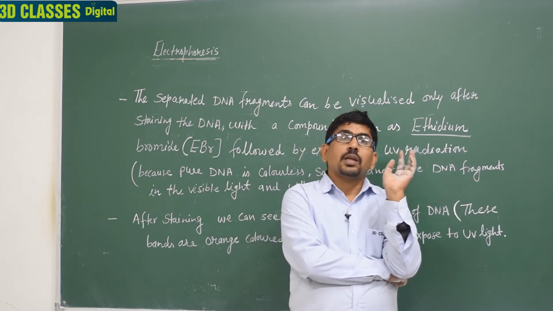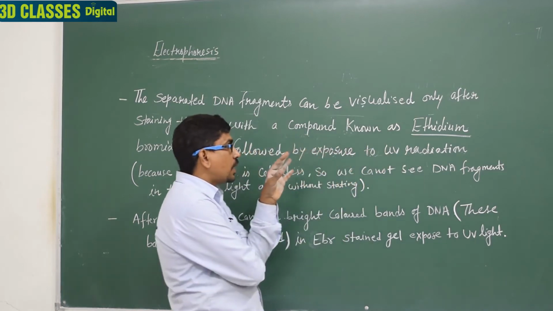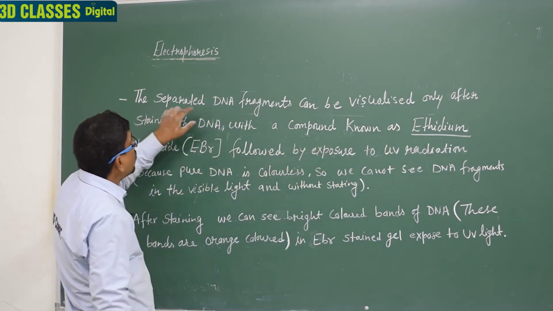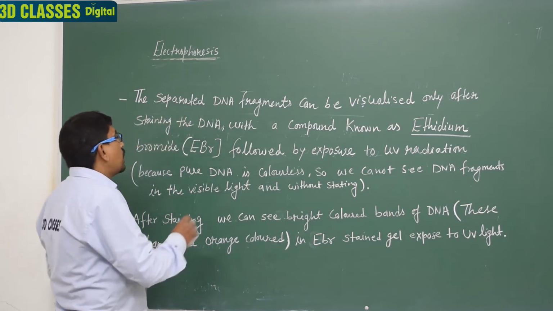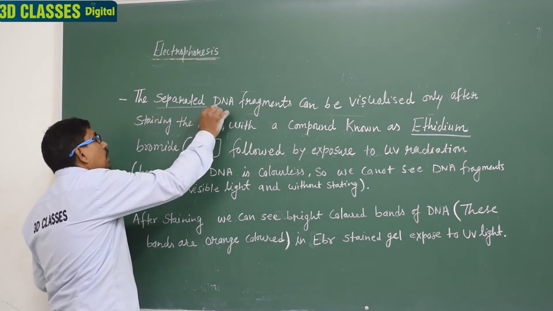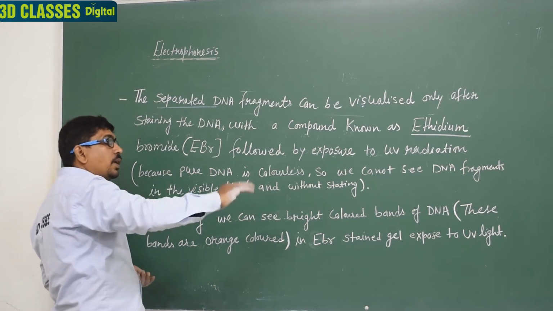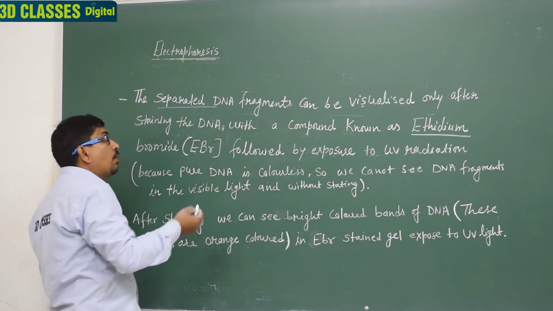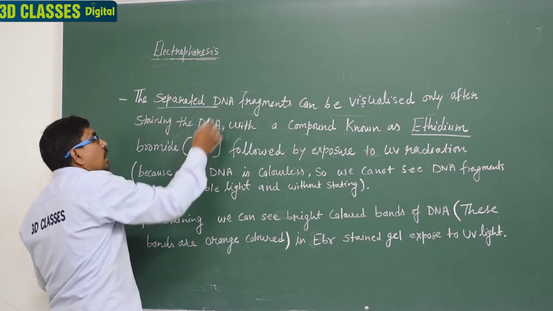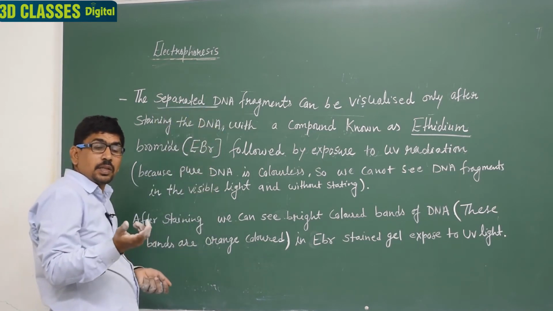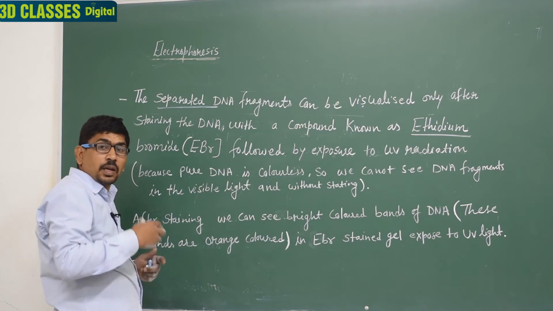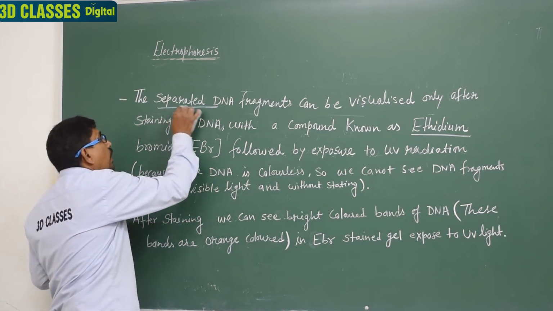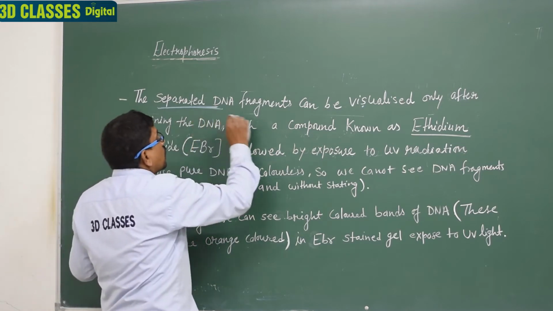So here the staining process is mentioned. First, here is the separated DNA. We have separated the DNA with the RE enzyme, and then we have run the DNA in a gel. Okay, separation is complete, but we are not identifying. We cannot visibly see the desired DNA and other DNA segments and bands. So we require staining of the separated DNA here.